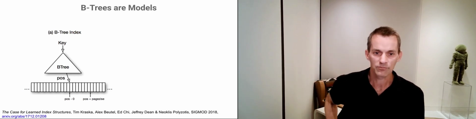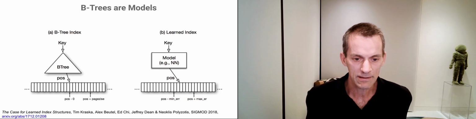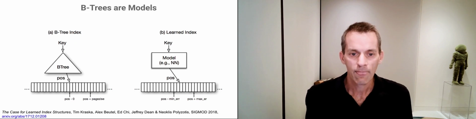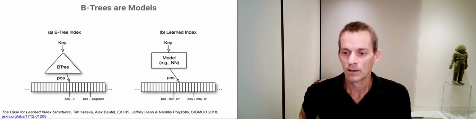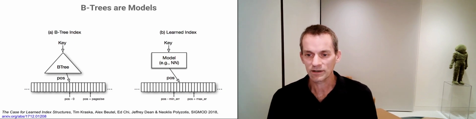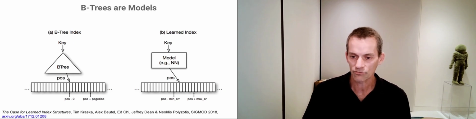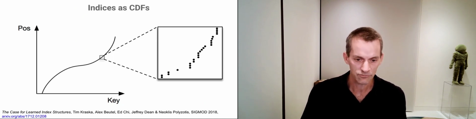significantly better. And so B-trees you can think of as being kind of models. You have a key, and the B-tree is trying to get you to the right page where the key should exist if it does exist. The conventional B-tree lookup algorithm does get you deterministically to the right page, and then you can look at it. But you can think about a learned index, which is a model that's going to take in a key, and it's going to try to predict the position in the total ordering of key space in order to predict where that key should be if it actually exists in the data structure.